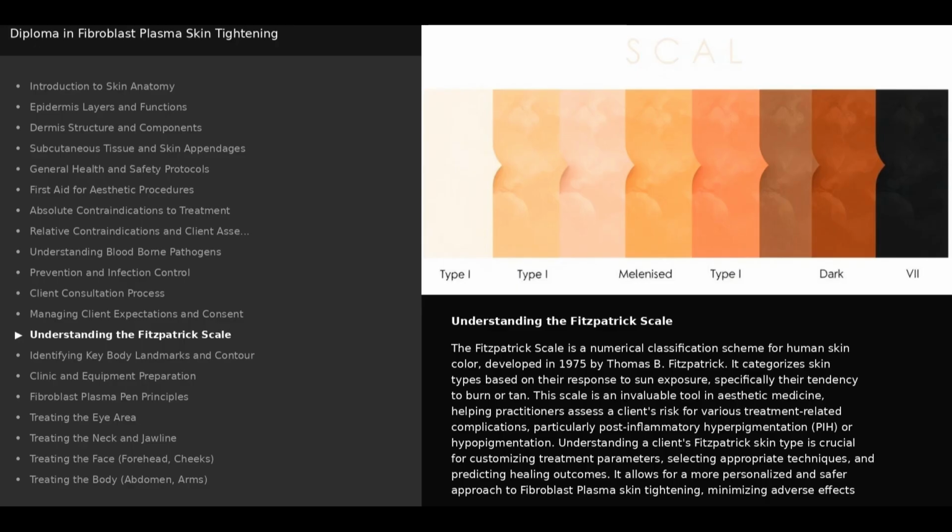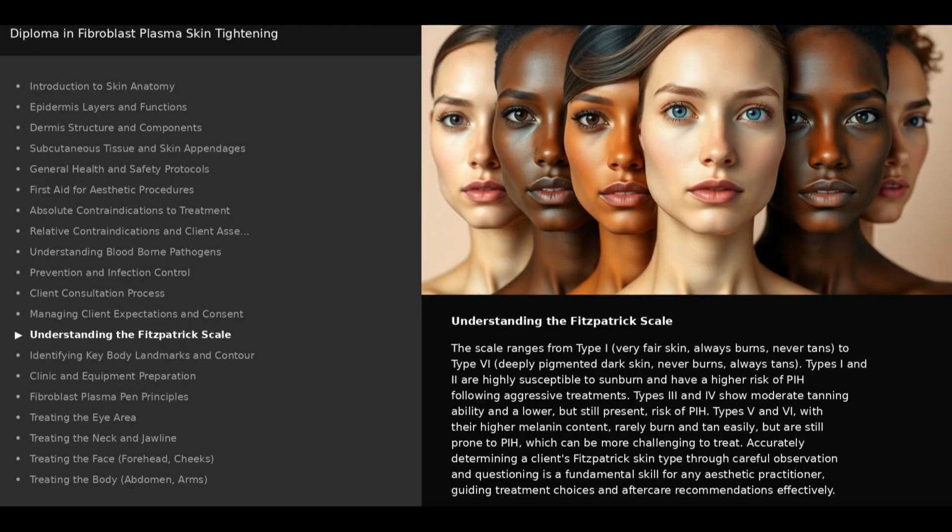Understanding a client's Fitzpatrick skin type is crucial for customizing treatment parameters, selecting appropriate techniques, and predicting healing outcomes. It allows for a more personalized and safer approach to fibroblast plasma skin tightening, minimizing adverse effects and optimizing results. The scale ranges from Type 1, very fair skin, always burns, never tans, to Type 6, deeply pigmented dark skin,